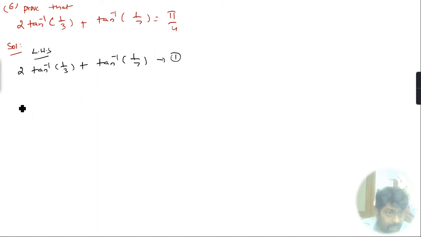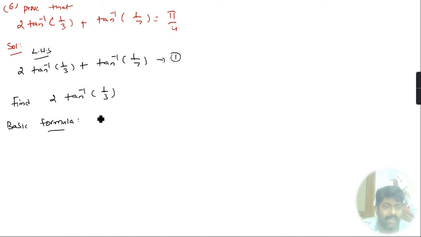So therefore first we need to find 2 tan inverse of 1 by 3. That is nothing but, we know the formula. The basic formula is, what is the basic formula? That is 2 tan inverse x. This is nothing but